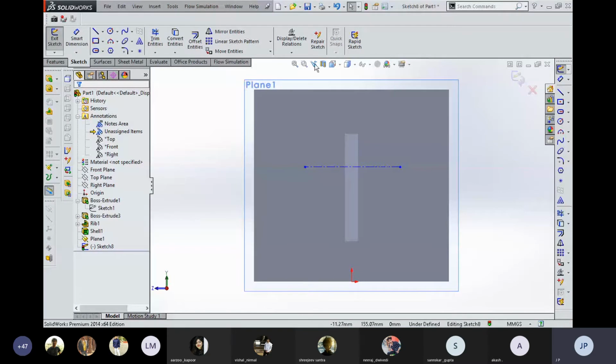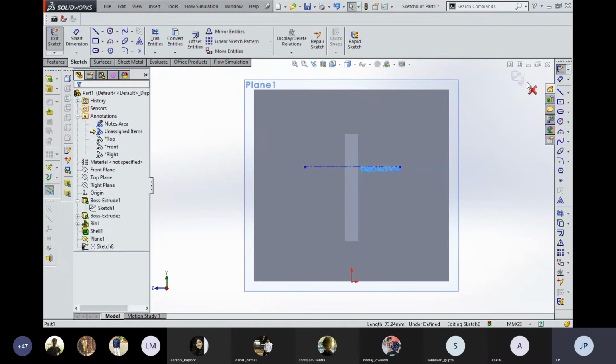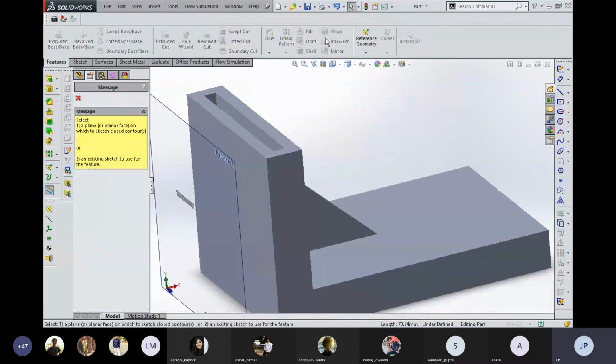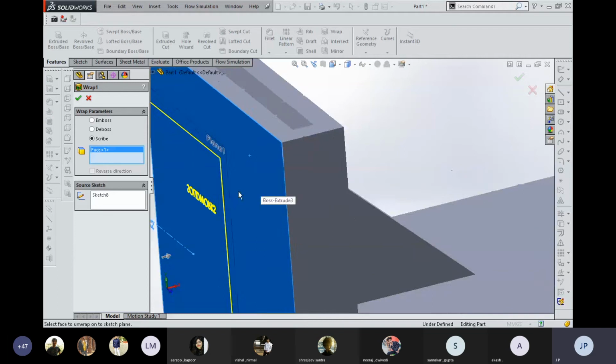After that, text, select this edge, write SolidWorks. You can see that by flipping the image, we can flip the side of the written material. Now if you want to project, we just click on wrap, select the surface, sorry, this is not the surface, this is the surface. So it is going to be projected.